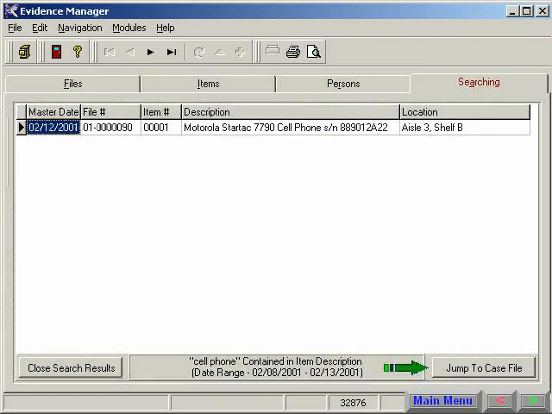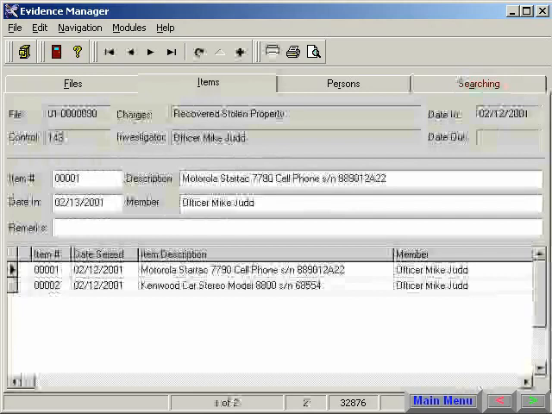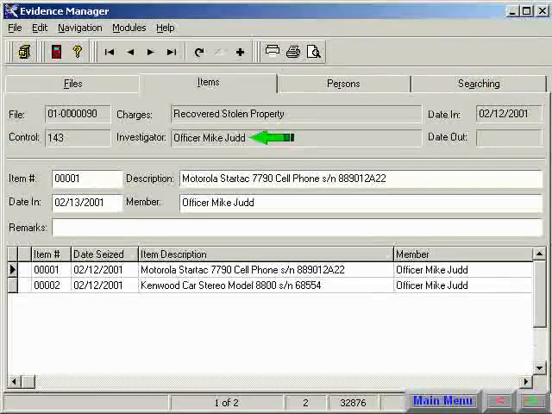Use the search button and our results are displayed instantly. We have found a cell phone, so let's jump to the case file. Here is all of our information. Officer Kramer can now advise the caller that we do have her property and she can contact Officer Judd and quote this year's file number of 90. We have completed our overview of the networking capabilities of Evidence Manager using